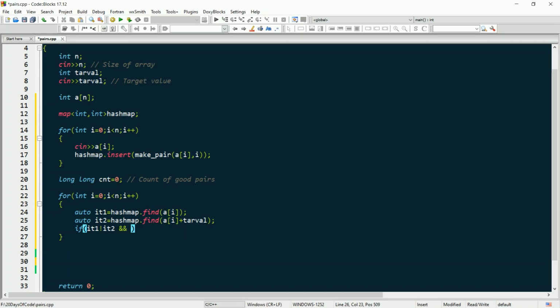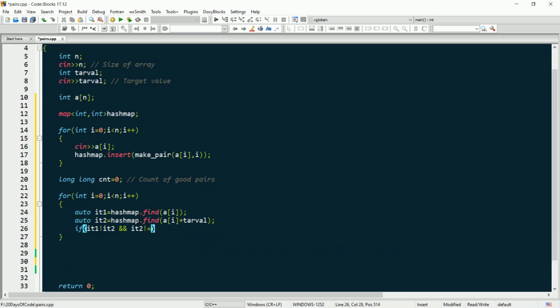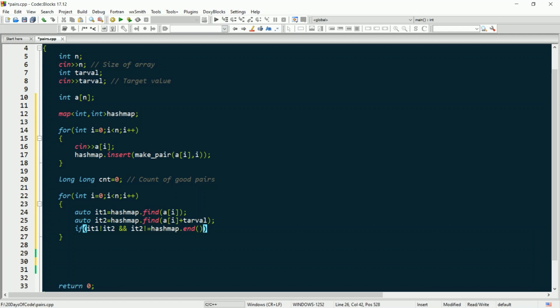Also, as I told, it2 shouldn't be pointing towards the end, because it means that no such element has been found, and if no element is found, we'll mark it as no and will not increase the count. But if it is not hashmap.end, it means it has returned a certain iterator, and that iterator is also not equal to it1. So we'll just increase the count here, and finally we'll print the count.